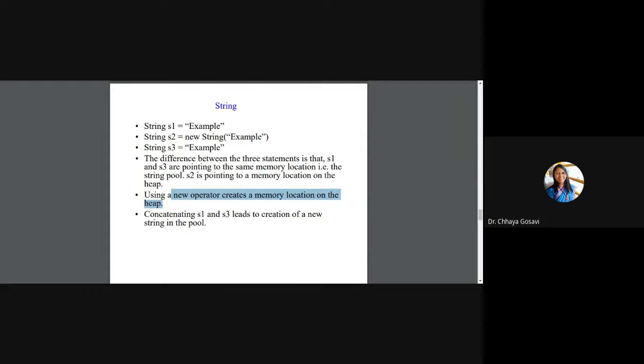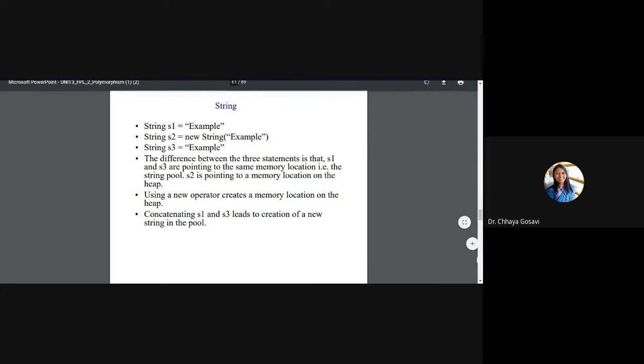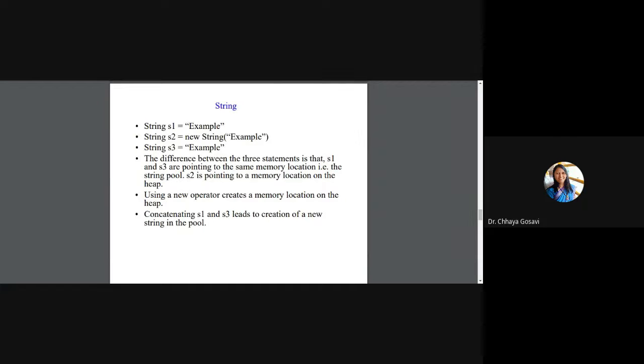There are three types of memories. When we write a program, we are using stack memory. All the code and compile time variables are stored in static memory. And whenever we allocate memory at runtime, it is allocated from heap memory. So there are three types of memories: static, stack, and heap.